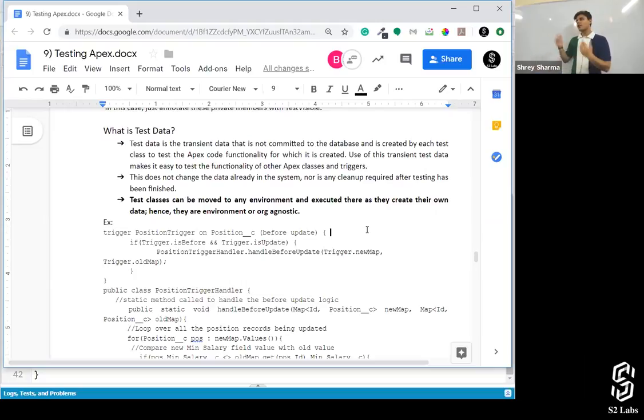So you're getting all of the records. But what if I move this code from my sandbox to production where there are no records? In that case, no testing will happen because there is no data already in the objects. So write your test classes in such a way that they create their own test data and test accordingly. Getting it, everyone?